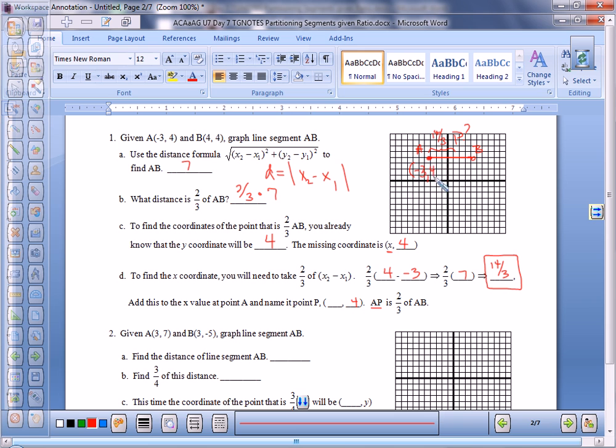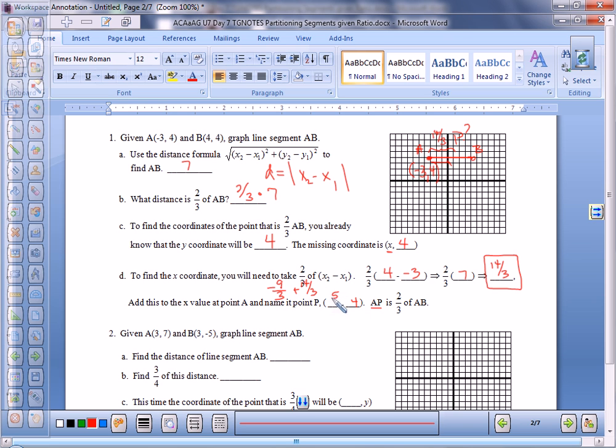-3, 4, and I want to go 14/3 that way. So what would I do? Translate it by 14/3. Add the 14/3. Adding it to what? Yeah. So -3 plus 14/3. Correct. So this -3 is the same as -9/3. So -9/3 plus 14/3 is